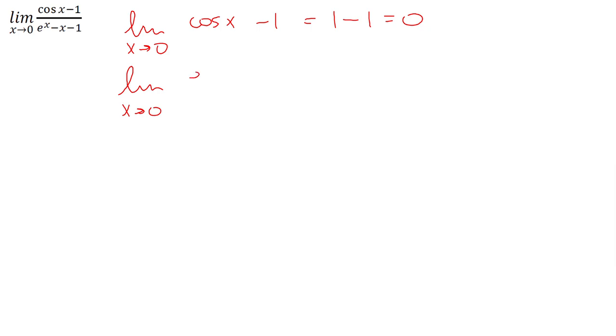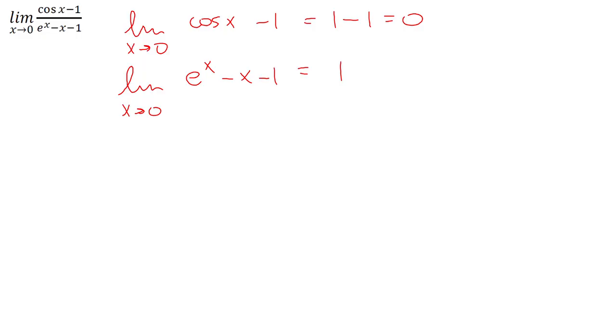All right. Our next one here is cosine x minus 1 over e to the x minus 1. Let's check this and make sure it's 0 over 0. So the limit as x approaches 0 of cosine x minus 1. Well, that's just 1 minus 1, which is 0. So the numerator is 0. If the denominator is not 0, then we're done. Our answer is 0. But it looks like